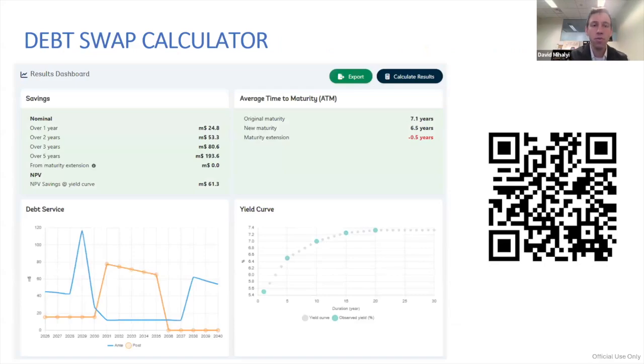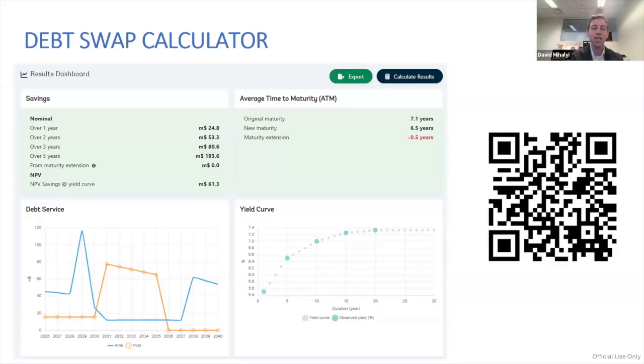Next slide. So finally, two tools. We've been working with authorities across our countries to see where we can help with these instruments, but we're also doing some public goods. The framework document is the first public good that I referenced, but the second one is this debt swap calculator, which presents a very intuitive, or hopefully intuitive, platform where you can type in what the loan is that you might want to buy back